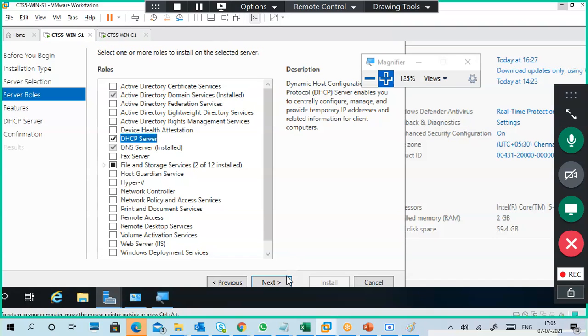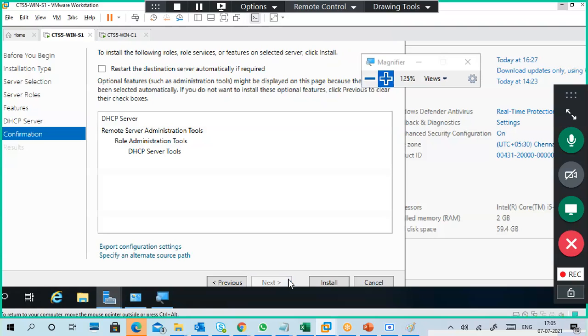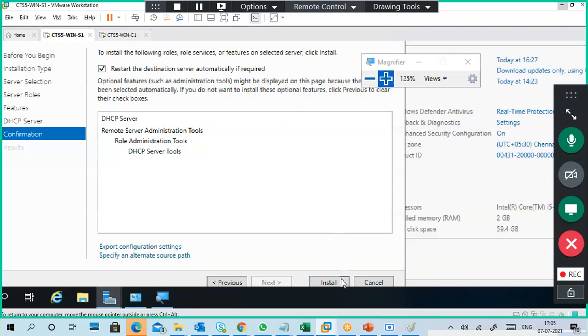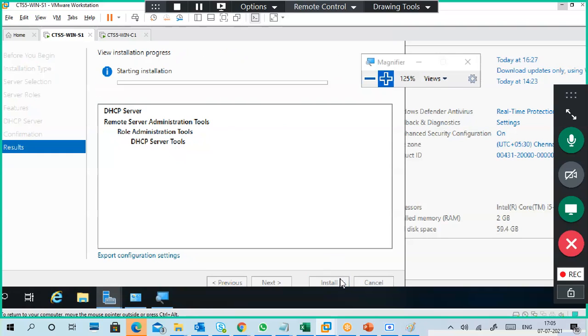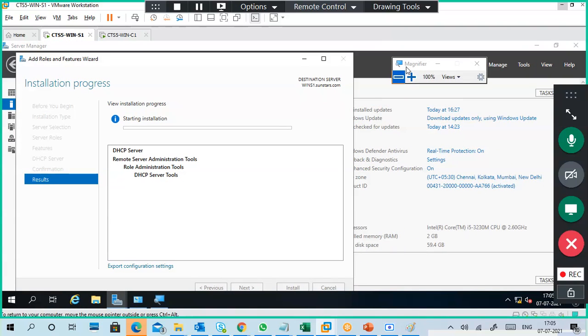That's it. Then next, install only. No need to do anything. Simple. Or if you want, you can make a check mark. Otherwise, no problem, because when you're installing a role, usually for DHCP, DNS kind of stuff, it won't require restart, except for Hyper-V. Mostly they don't require restart. For removing, restart is compulsory.